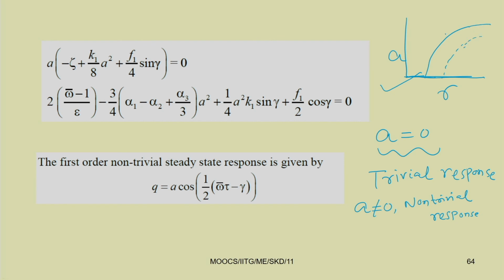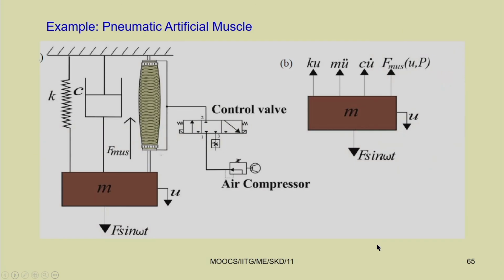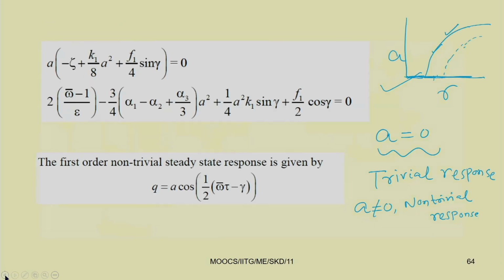So, here this is a stable branch. Up to a certain distance the response equals 0. Then this becomes unstable, you have the non-trivial response, and the trivial state is unstable, and you can have a stable and unstable response. Later we will study that you can have a pitchfork bifurcation here, and a pitchfork bifurcation here. Those things we will see, and we will also study the jump up and jump down phenomena when we study the response of a particular system in detail.